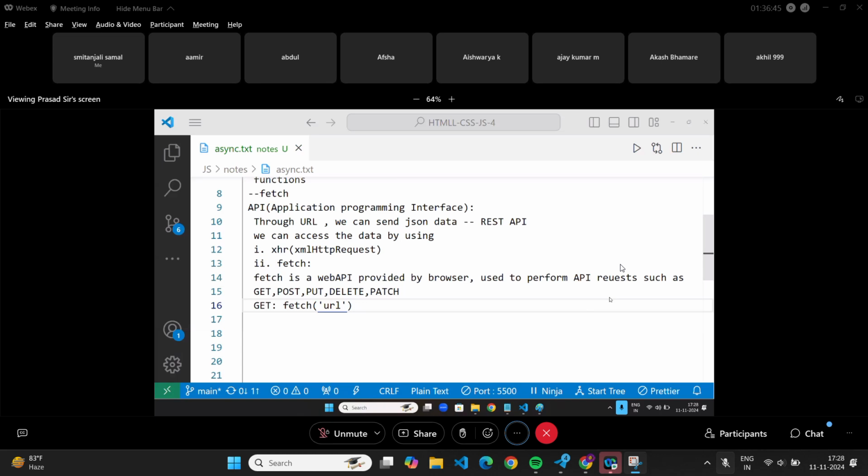Now, you go to one link, fetch, and give some URL, sir. Once you give the URL, we will check how the data will come, what a promise is, how you store the data coming from the URL, and how you do the program with it. Everything we will see tomorrow regarding fetch. Till now, does anyone have doubts about the idea of API?